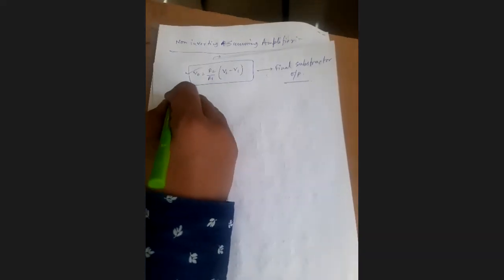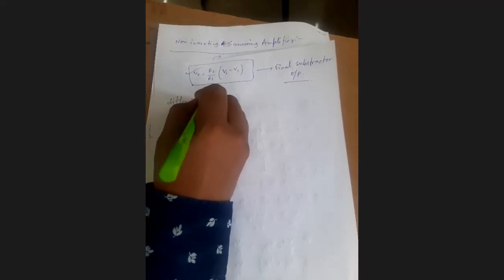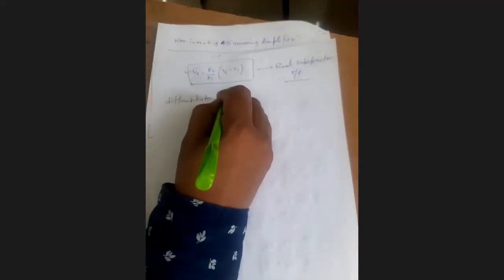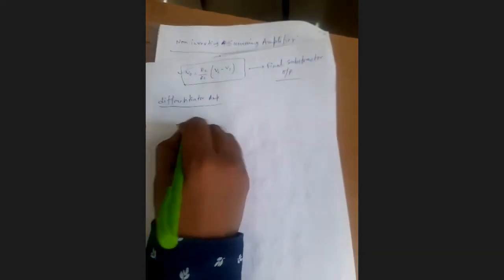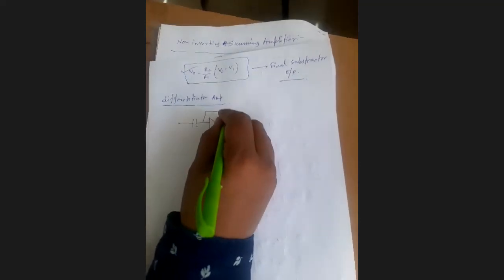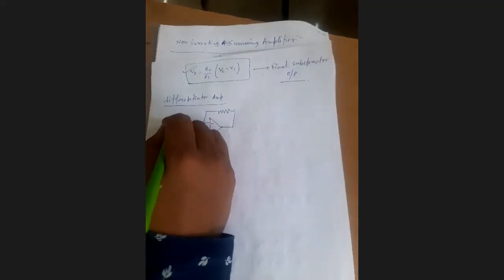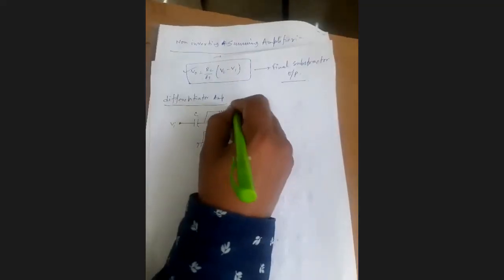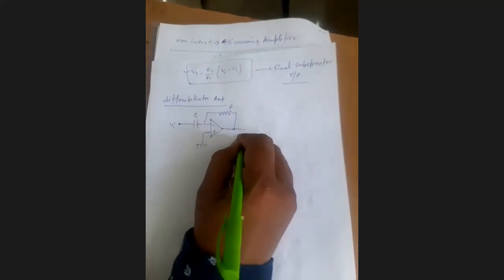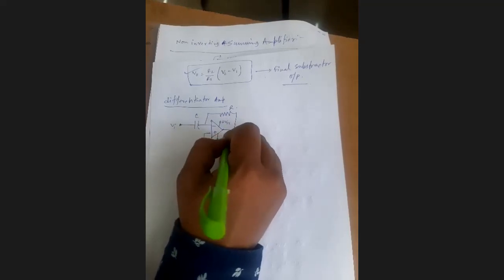So next we consider the log amplifier. No, not log, it's a differentiator. If we consider the differentiator amplifier, in here we will operate the differential operation. See, this is R and this is V naught. Again, we will apply the supply voltage VCC minus VE. So this is the supply voltage.